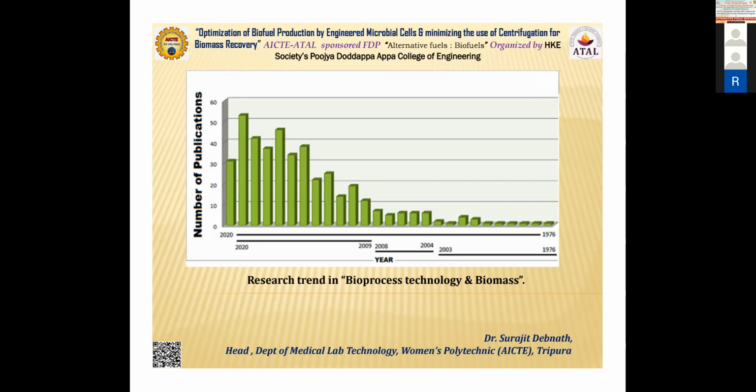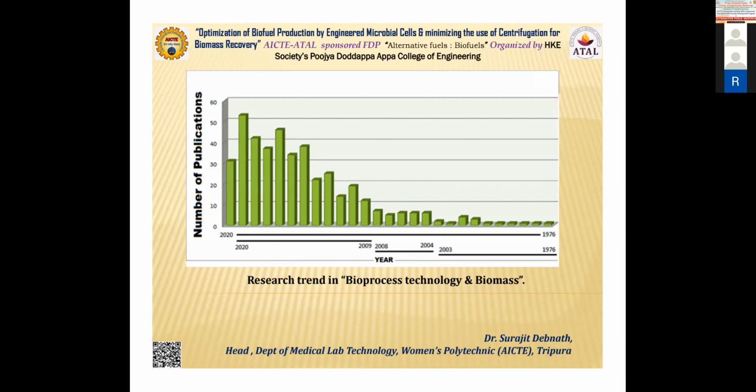What we call is bioprocess technology. In bioprocess technology, we do a process where it becomes easier to separate the microbial cells. So as all of you can understand, microbial cells are very small. A single cell is so small that you cannot see it with the naked eye. Now, if this cell produces biofuel inside the cell, you have to release the biofuel also in order to use it. It may be difficult for you to visualize initially, but later on you can understand the concept. The concept is that it is a single cell which can produce biofuel and which will be entrapped in the cell.